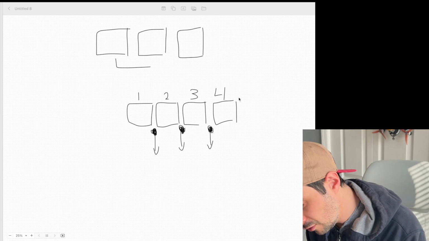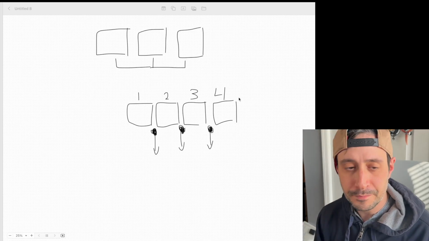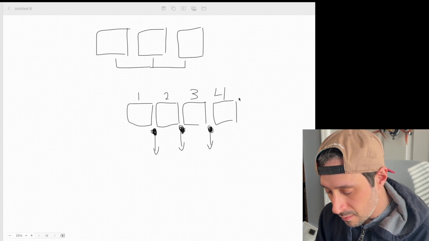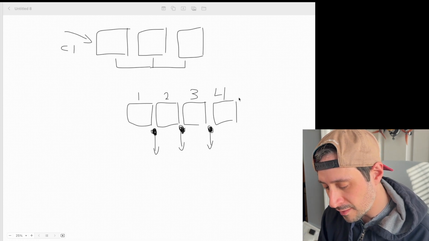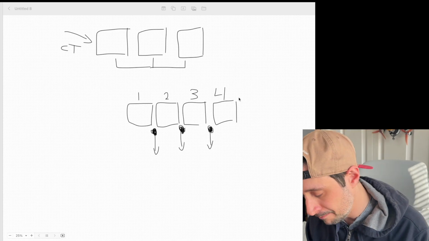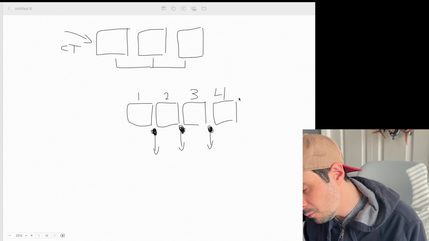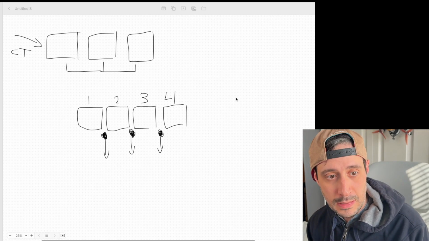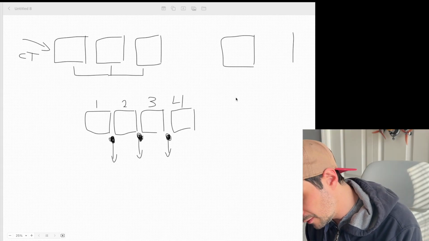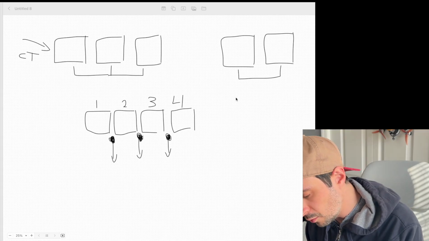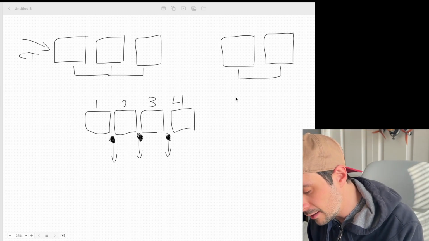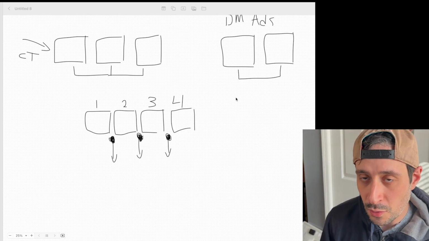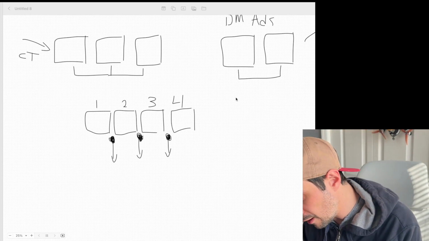They are engineered to act as bait, and those capture the cold traffic. I'm just going to call it CT for short, cold traffic, okay? Then what we do is we have another lead method where we're doing either offer ads or DM ads, right? So we're trying to get people to DM us. And this is also going to cold traffic, right? So we've got cold traffic coming in.